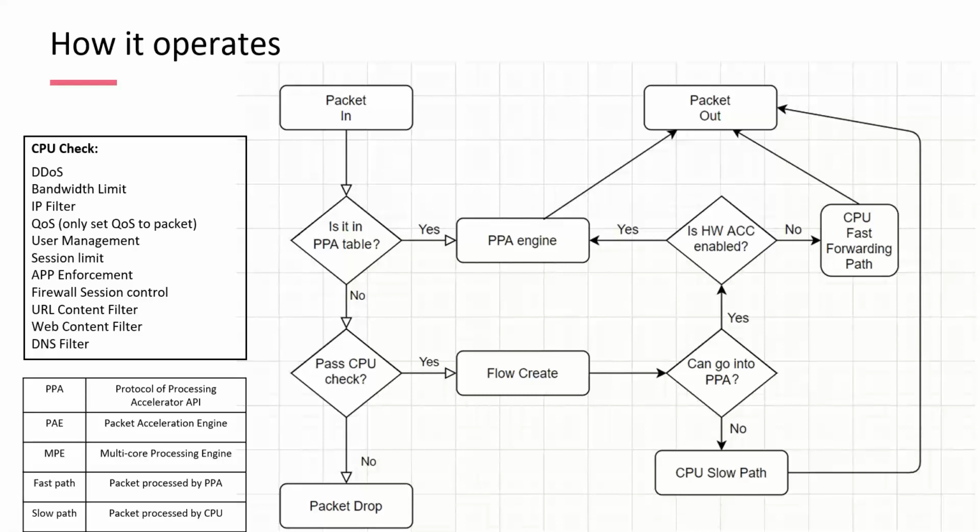Then it will check to see whether or not this packet can go into the PPA. So is it UDP or TCP, or is it an IPsec packet that can be accelerated? If it can, then it will check to see if hardware acceleration is enabled, and if it is, it will go into the PPA engine. When it goes into the PPA engine, a session will be created in the PPA table, and then it will send the packet out. Any subsequent packets, it will match against it because the table puts in the